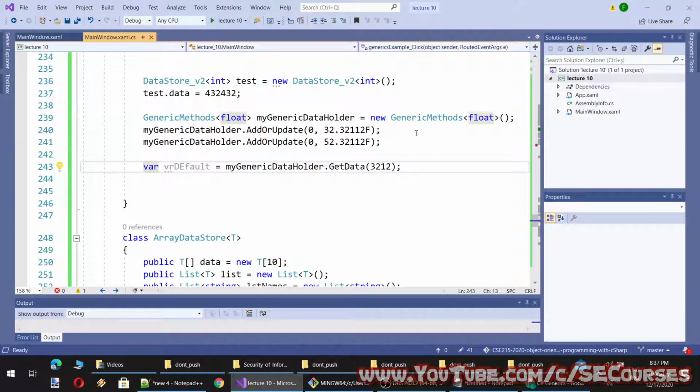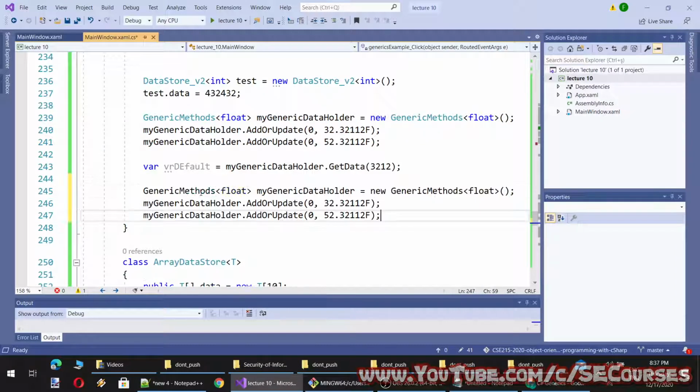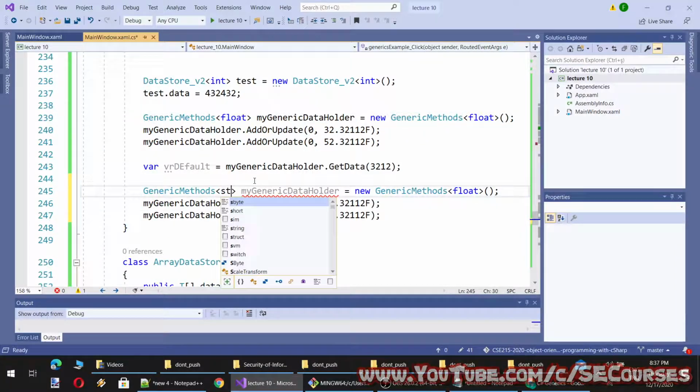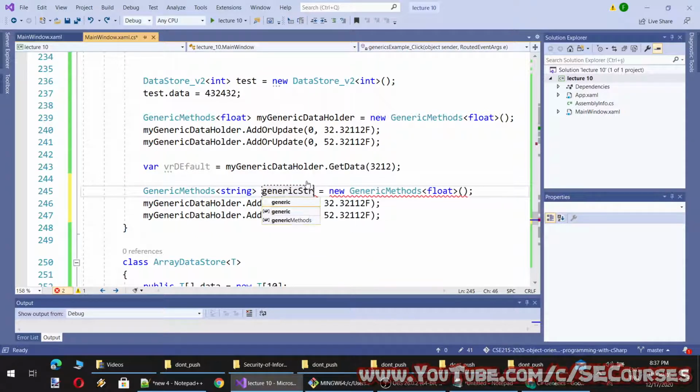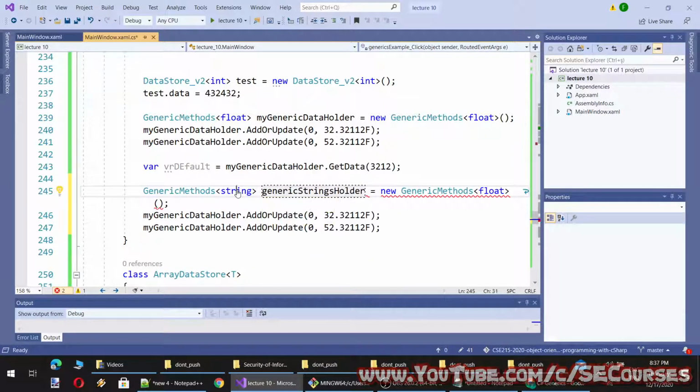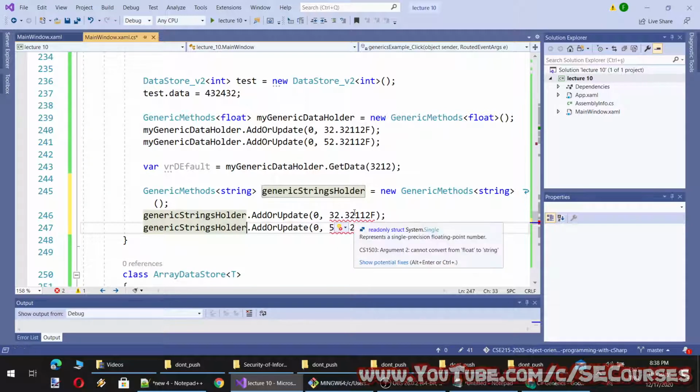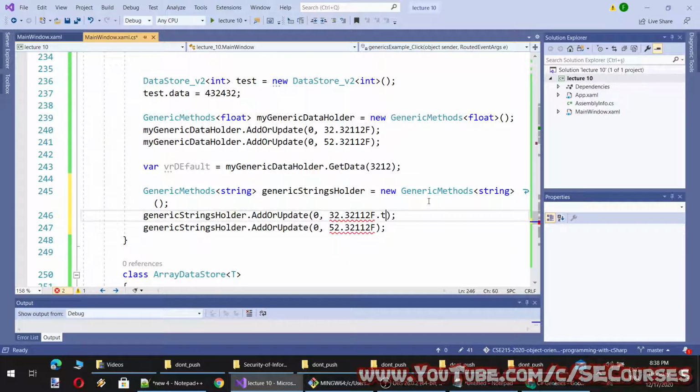I could also define it like this. String and holder. And this time I can add like this because it is inherently... Oh, one moment. Oh, it doesn't convert them inherently to string. Therefore, I will call the ToString method. And I can call it like this.